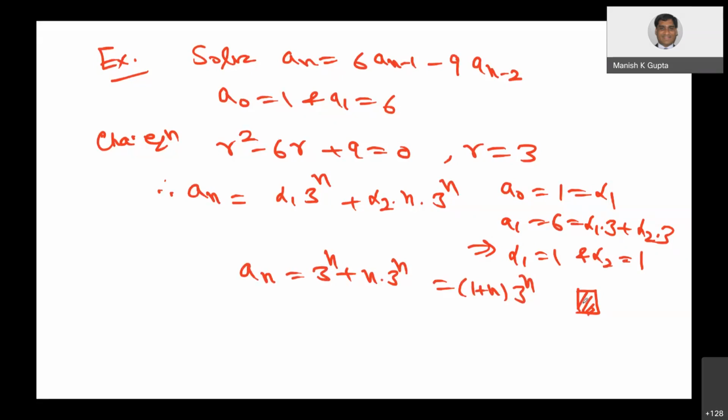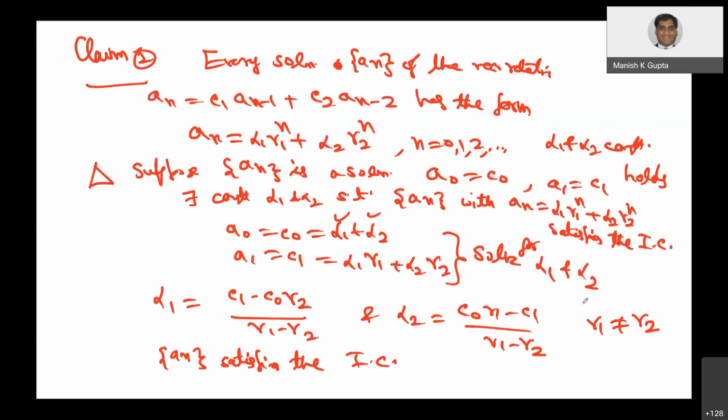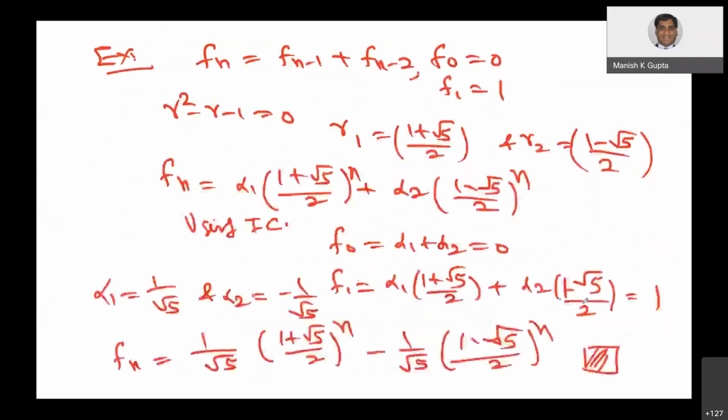Okay. So I gave you two cases of degree 2: when the roots are real and distinct, and the second case when one root is repeated, so there is only one root. So in the case of degree 2, what happens in degree k? What happens to theorem 1 in the case of degree k? I will just mention the result rather than proving it. The main theorem is the following.